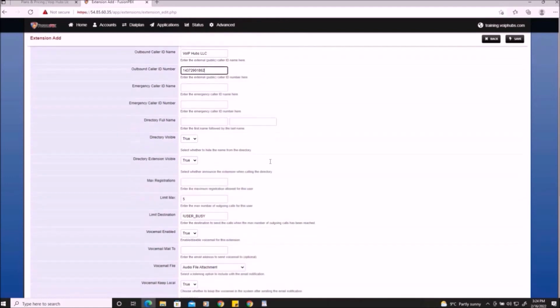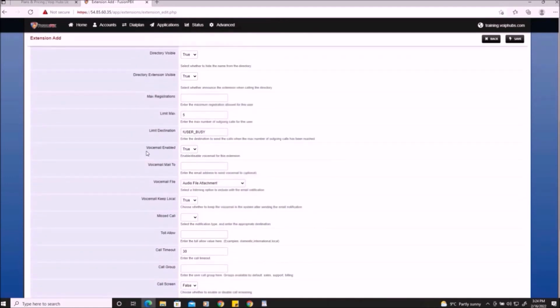Now we'll scroll down. The next important aspect is your voicemail. Voicemail is enabled by default, but you may disable it per your liking. The voicemail too is a pretty important aspect, as this will give you the capability of having your voicemail sent to a specific email. Now, you cannot just put your email address here and expect it to work. You must add SMTP information and configure it in a way that will work accordingly. This aspect is something that I'll be diving into within the 3rd portion of this FusionPBX training